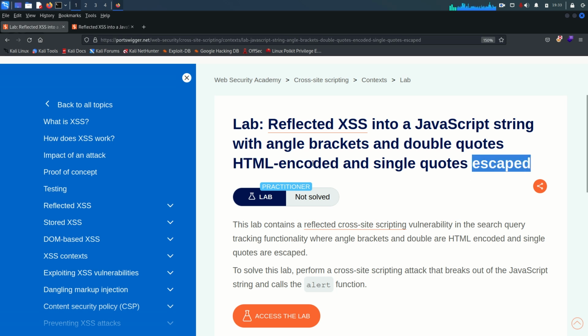I just want to make sure that you are not confused between HTML encoded and escaped. Many people many times get confused between URL or HTML encoding and the escaped one. There are many meta characters, and for different programming languages, these meta characters have a special meaning, like single quote, double quote, angle brackets, curly brackets, question mark, ampersand, percentage. All these are meta characters, and within different programming languages, these meta characters have different